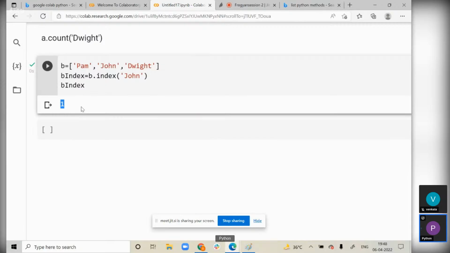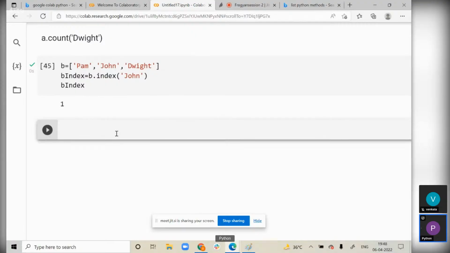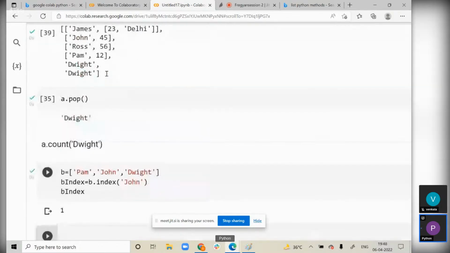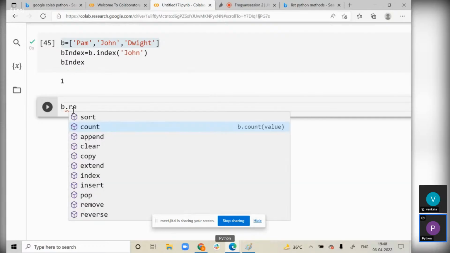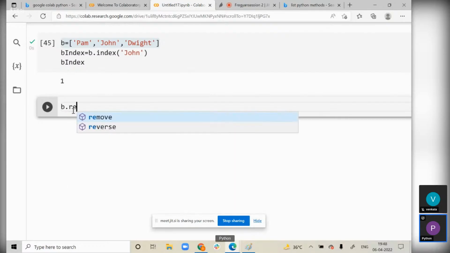Last method, let's just take one more. Yeah, reverse is a good one. So there is one more, that is reverse. We can just understand the reverse, how we can do that. Basically, just to manipulate the order, we can use reverse. So if I have this list here, and I have B already declared, I'll simply say B dot reverse. So this will actually return